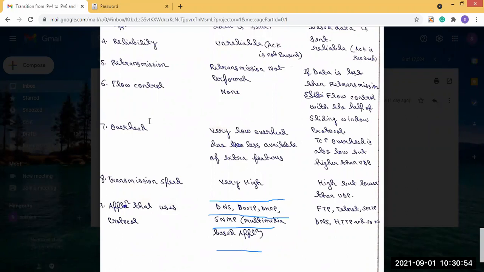So this is all about our TCP UDP concept. So in the next class, the last